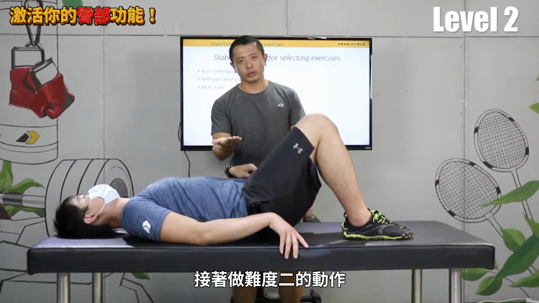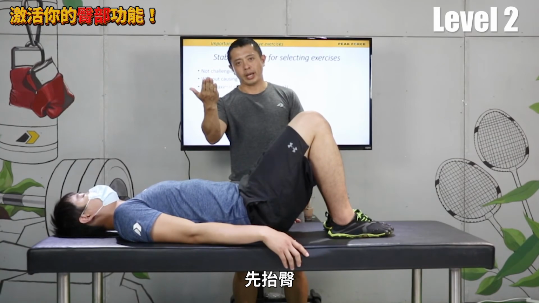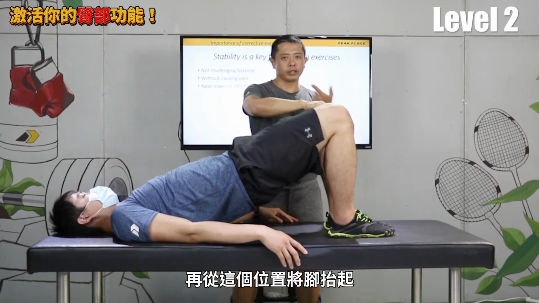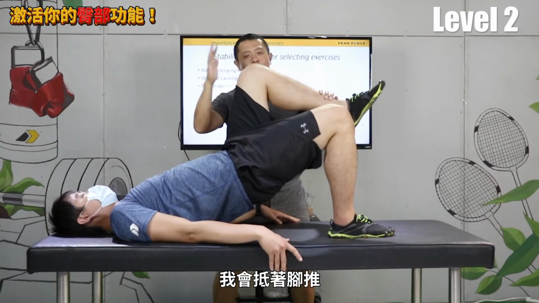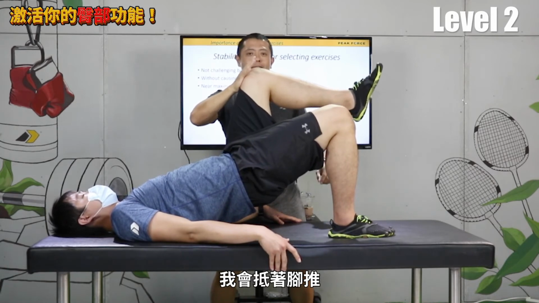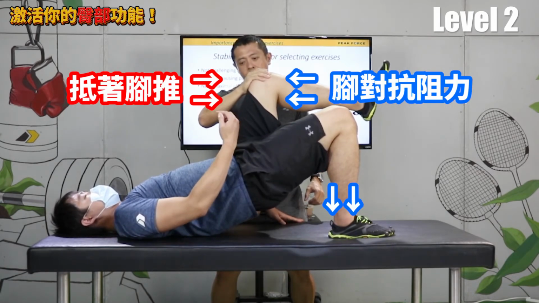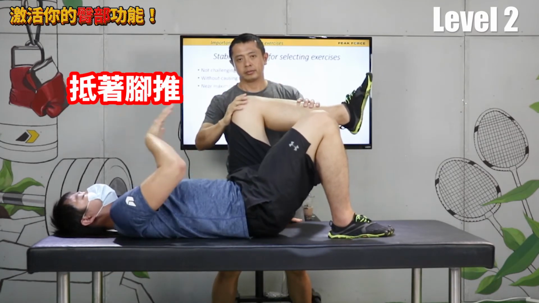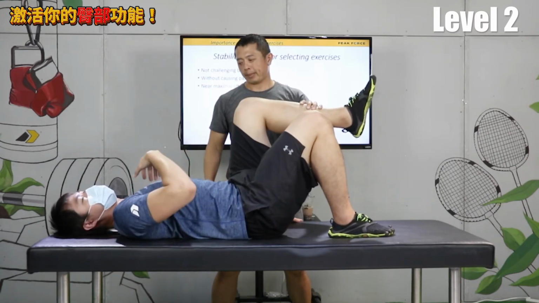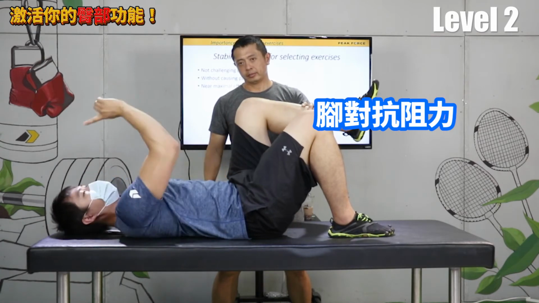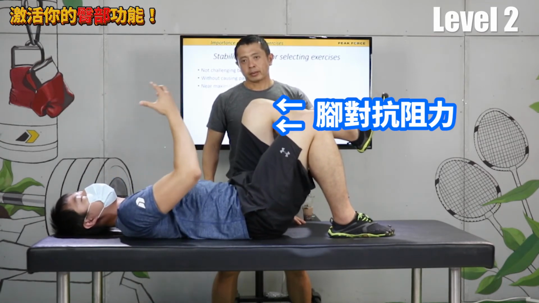Okay, so let's have you back here and do the level 2. The level 2 is you do the hip raise, and then from here you bring your knee up. So what I'm going to do is I'm going to push this one against it. Ready, go. 1, 2, 3, 4, 5. 好，所以这时候教练做的是往下压的动作。那你的客户做的事情是把膝盖往这一个方向推的动作，就是对抗他的能力。